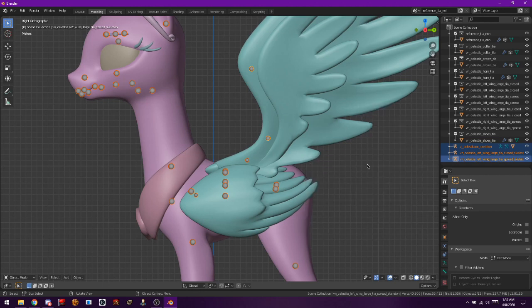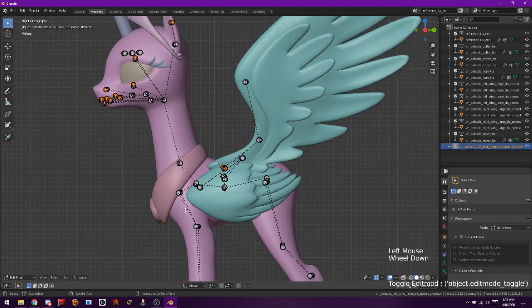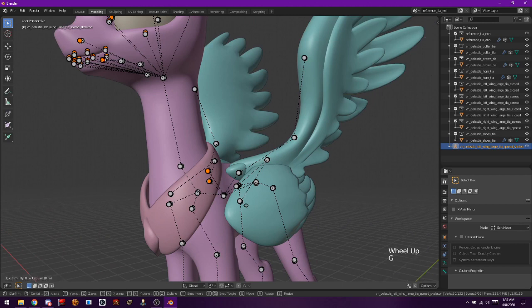Nope, sorry, I'm getting ahead of myself. We want to go down here to the object and look for join. You can also use Control J. So now all of these have turned into one model. And if we go into edit mode, we can see now that everything is on the same thing. But things are not quite what they seem,